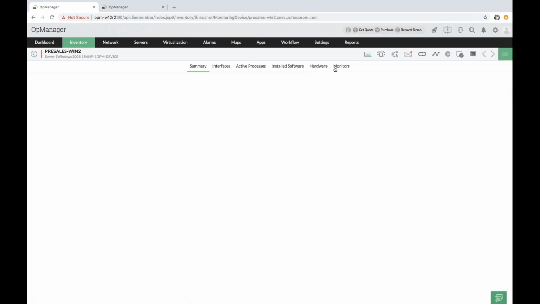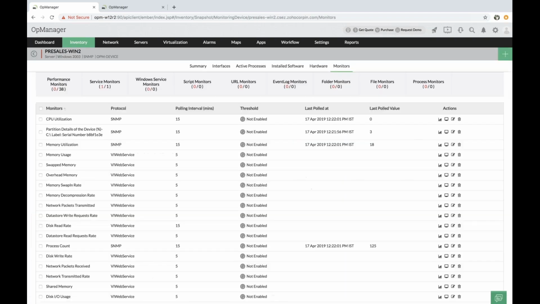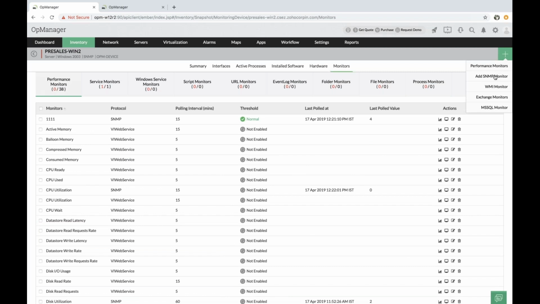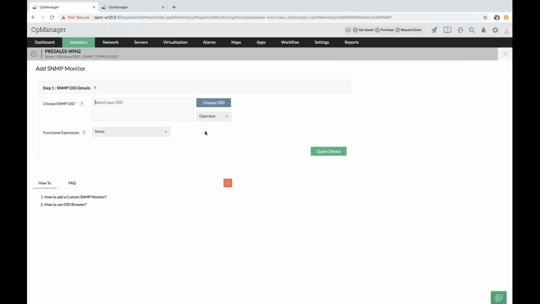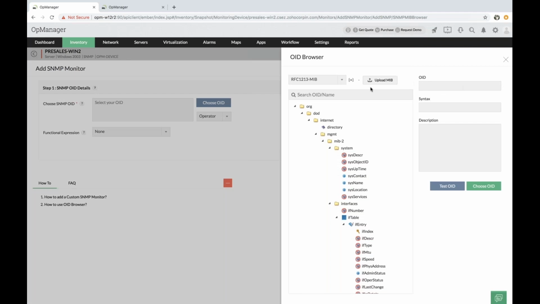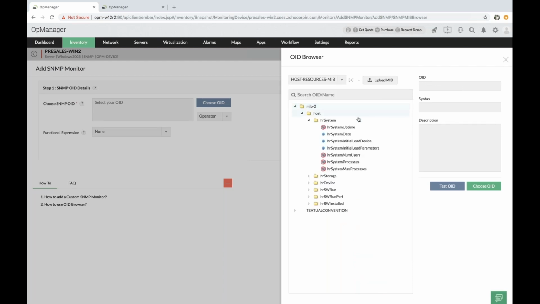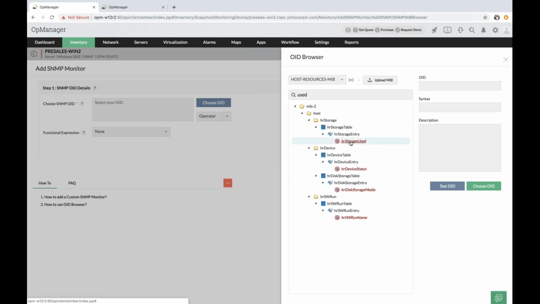Okay, under the monitor section, you just click on add SNMP monitor, and from here you just need to choose the OID from the respective MIB file. Once you copy all the MIB files to your OpManager server, you can just browse it from here. Say I wanted to browse this host resource map, and I wanted to search for HR storage used, and selecting